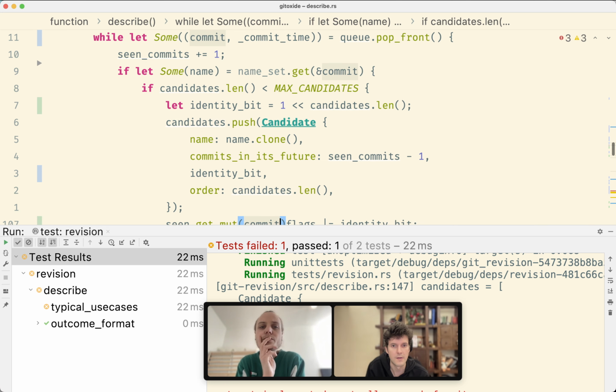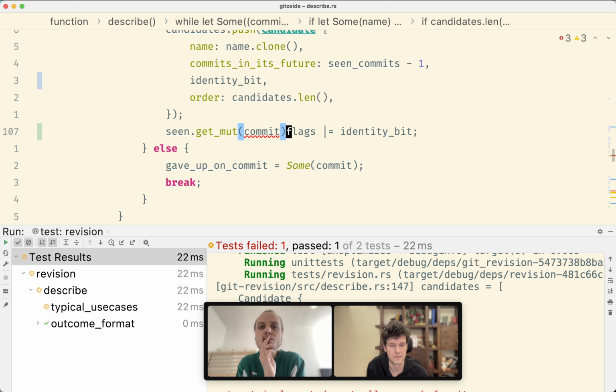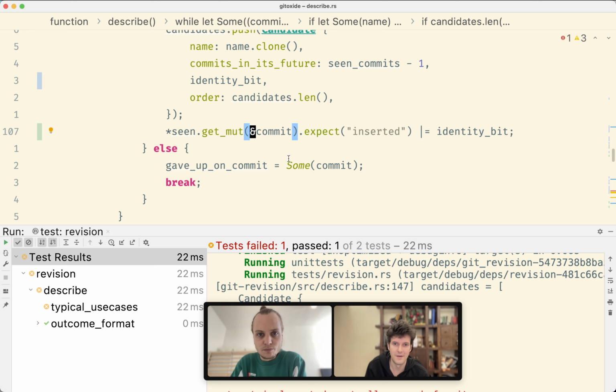What's this one? We call it commit, okay. Inserted. Okay. Cool. So now we set the one that we memorized,